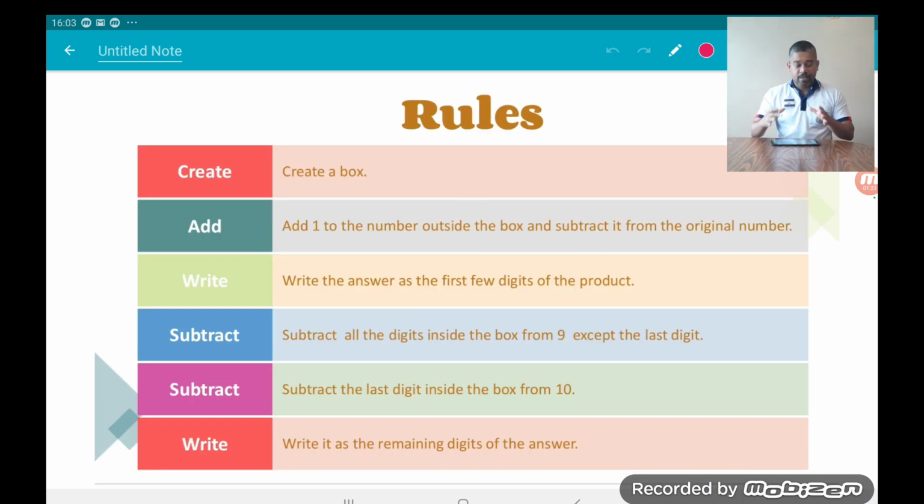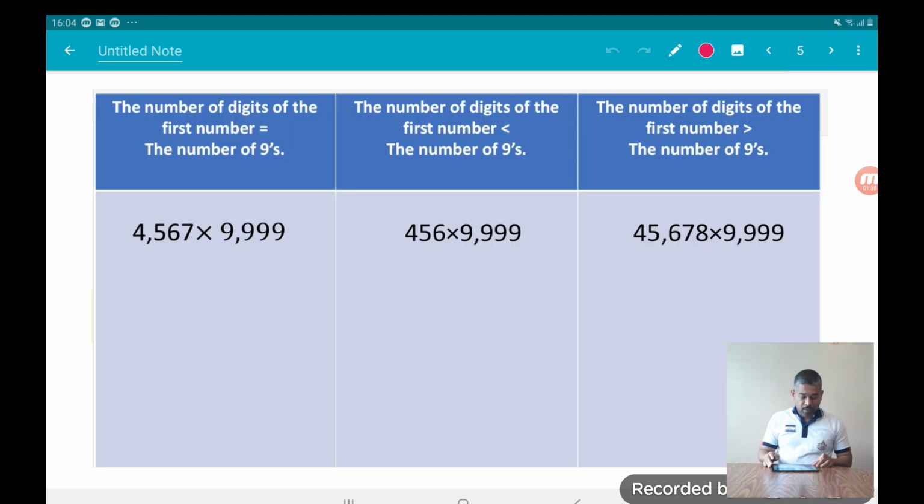Now, here I created some rules for doing these kinds of problems. But I'm not going to explain right now. I will explain the rules with the examples so you can clearly understand. So, here you can see 3 questions. I made these questions because I want you to understand how to do any kind of problems. So the first problem, let us look at that.